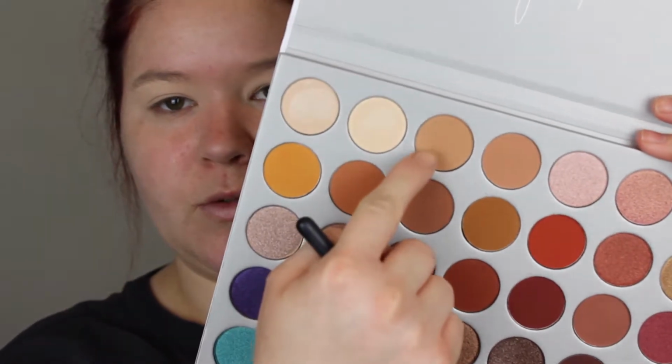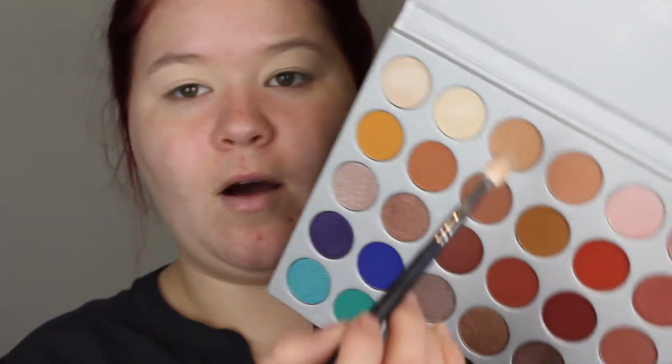I do wish that this had a mirror. That would just make it perfect, but I understand she wanted to write a little message. But I do wish it had a mirror. That would keep me from having to hold two things at one time. So I'm going to go in with my Morphe M441. And I'm going to take, I think I'm going to go in with Silk Cream, which is this one right here. And just use that as a, oh wow,